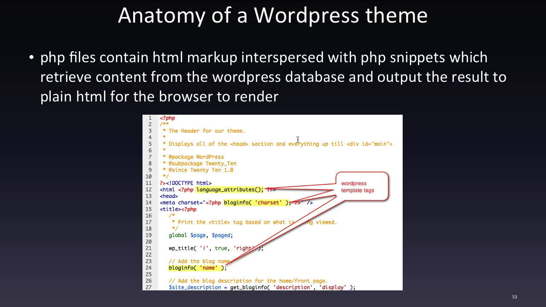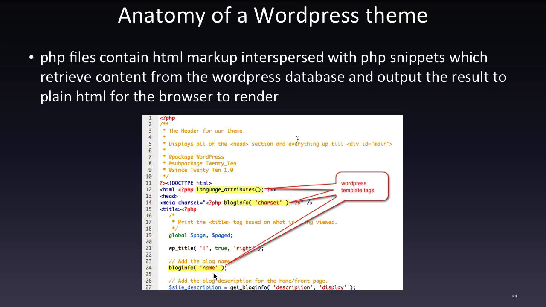Okay, so in this screenshot here, there's an example of some of the PHP snippets. This last one here, for example, is calling a WordPress function called blog info, passing it a string parameter called name, and that will simply be replaced with the name of the site, which you can then change through an administration settings interface. And because, again, as we saw last week, it's written dynamically here in PHP,